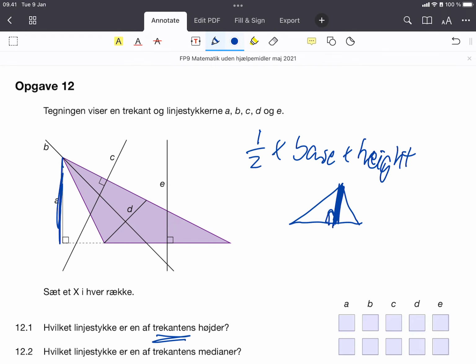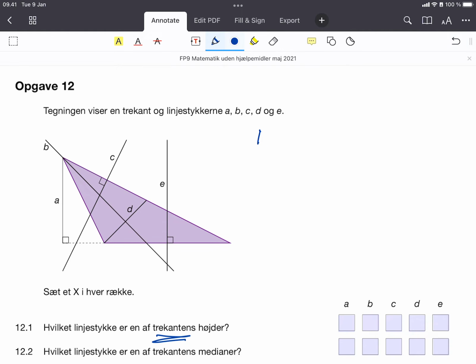So that's A. A goes from the bottom of the triangle to the top of the triangle and it's 90 degrees to the ground. It doesn't matter that it's outside of the triangle. It follows the criteria you need for it to be a height of the triangle. So that's A. And then which line is one of the